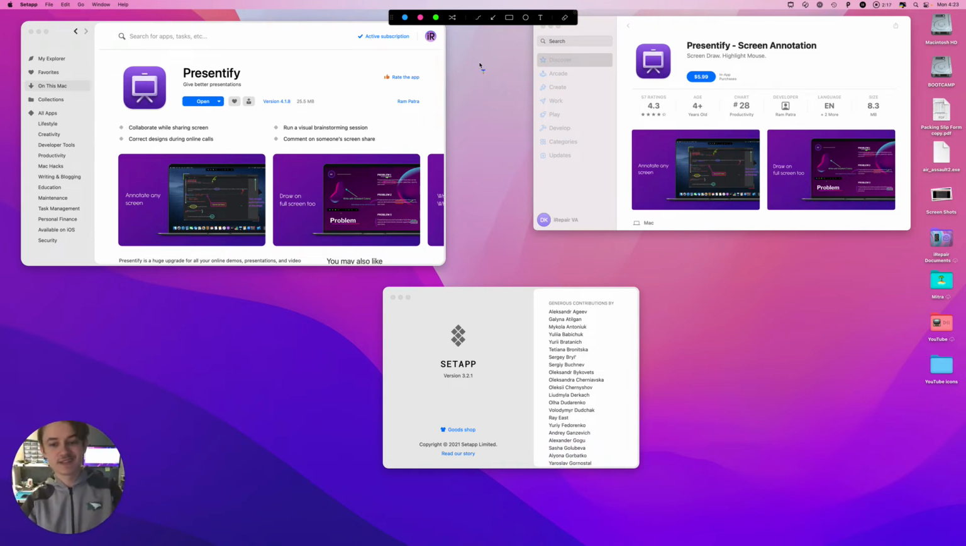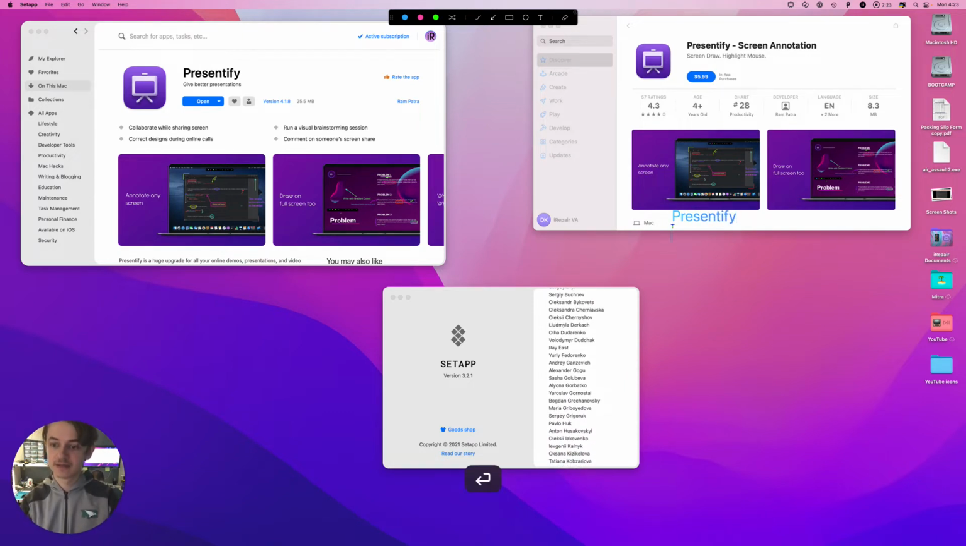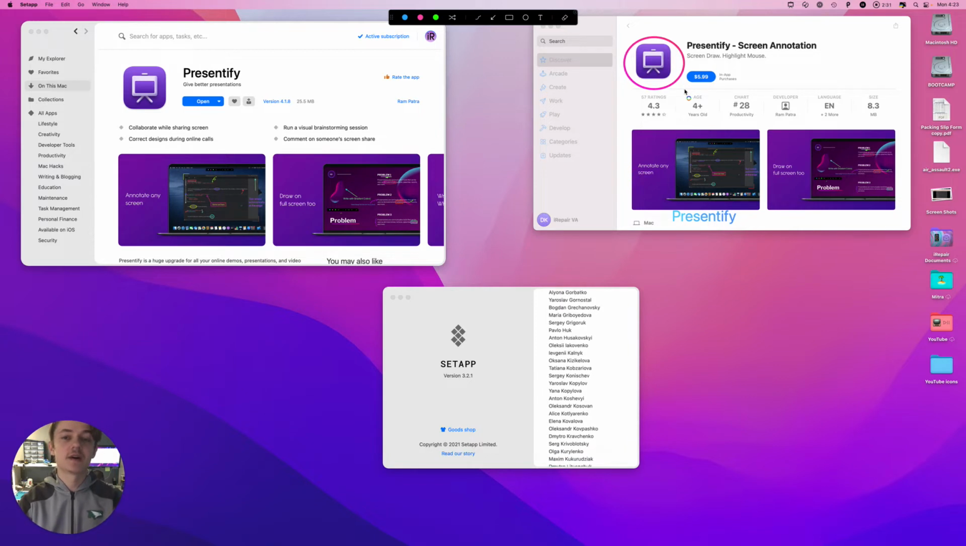If you're trying to present things, I would recommend an app called Presentify. It's going to be this application here with this icon on the App Store. It does cost